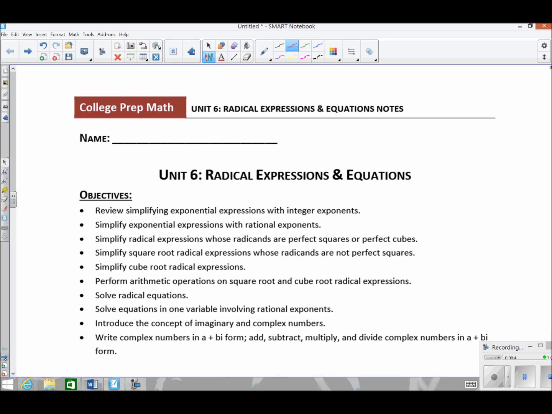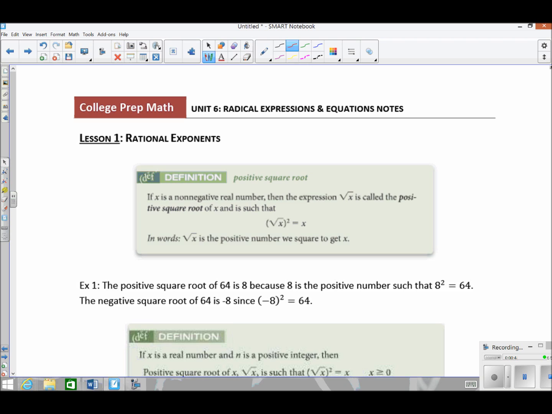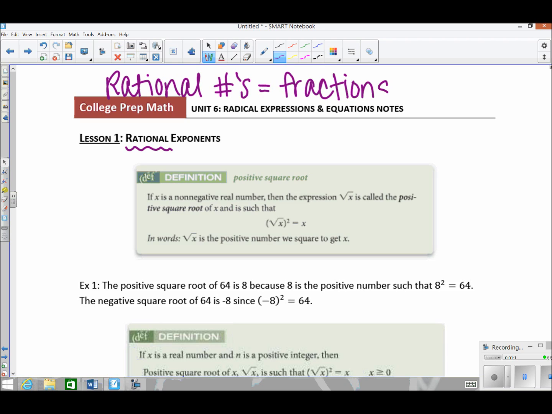So in Lesson 1, we're going to really focus on just simplifying some radical expressions and looking at radicals as expressions with rational exponents. And when we say rational exponents, if you remember rational numbers from our first unit are just fractions. So when we say rational exponents, we mean expressions that have fractions as exponents. So before we look at that, we got to talk a little bit about the different types of roots or